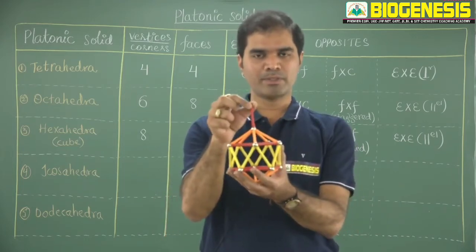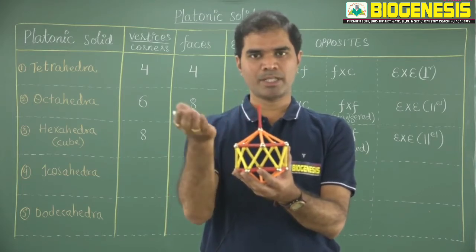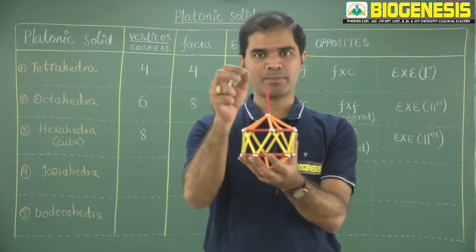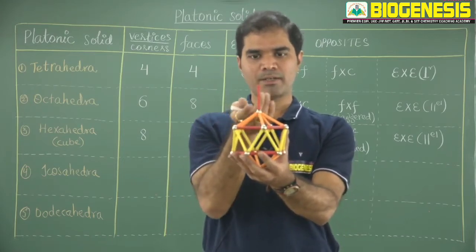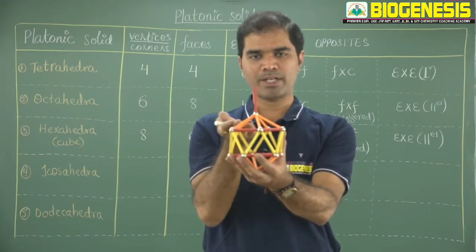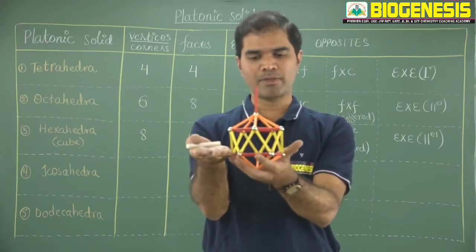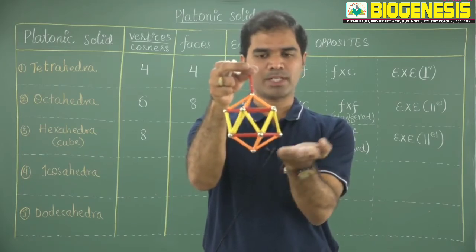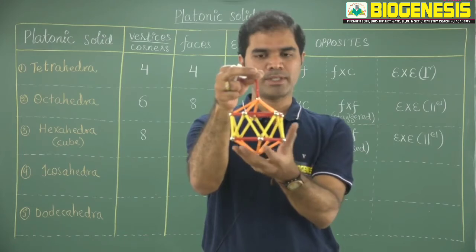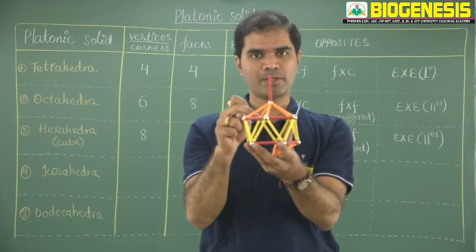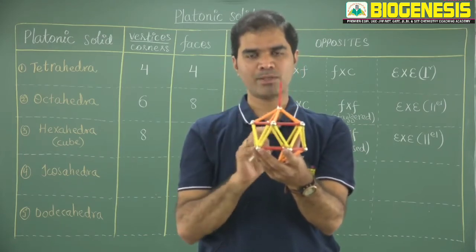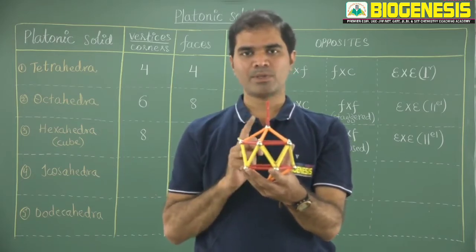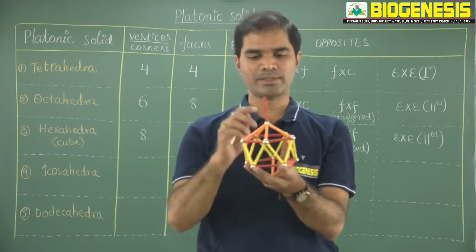So with respect to one of the principal axes, just try to pass the planes perpendicular to it and check how many planes of atoms are falling. If this is my principal axis, I am passing a plane, one atom is present. In the second plane, 5 atoms will fall. In the third plane, 5 atoms will fall. And in the fourth plane, 1 atom will fall. So altogether there are 4 planes of atoms. In the first plane there is 1, second plane 5, third plane 5, fourth plane 1, altogether making up 12 atoms or 12 vertices. So altogether there are 12 vertices or corners.